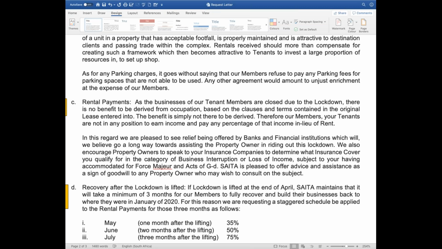So let me say this to you in that regard, and you will have seen this from Truworths, you will have seen this from all of the groups. What tends to happen is that they will begin by an opening gambit, and Dis-Chem's opening gambit is, hey guys, we're not paying anything, knowing full well that they will get into a situation eventually where they will have to negotiate and they will have to agree. So what you've read about Dis-Chem and where this thing ends up is going to be two completely different.